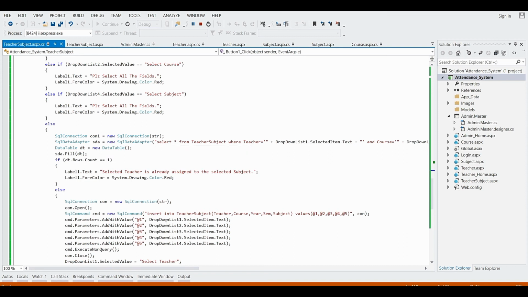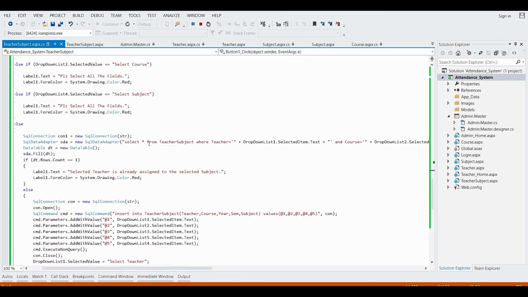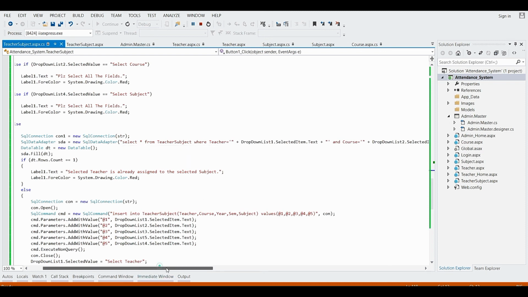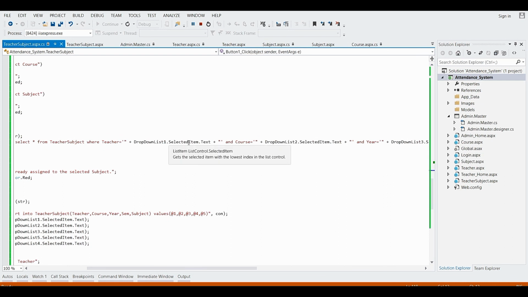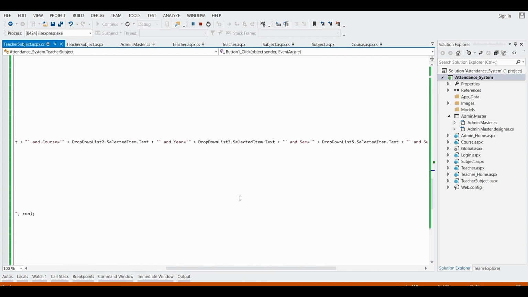That is, I have taken here the SQL command, that is select star from teacher subject table, where teacher is equals to the value coming from this drop down list 1, and the course which is coming from drop down list 2, year which is coming from drop down list 3, semester which is coming from drop down list 5, and subject which is coming from drop down list 4.